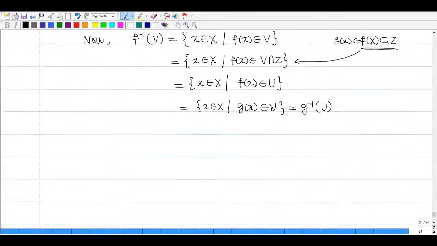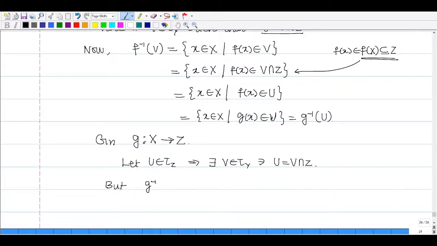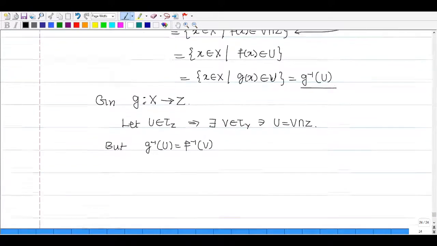அப்போ நான் எல்லாத்தையும் சேர்த்து மொத்தமா எழுதுறேன் பாருங்க. எப்படி எழுதுறேன் அப்படினா, given g is a function from X to Z. Let U belongs to tau Z. This implies that there exists V belongs to tau Y such that this U can be expressed as V intersection with Z. But this g inverse of U which is equal to f inverse of V. இப்படி நான் ப்ரூஃப் பண்ணிருக்கோம். f inverse of V which is equal to g inverse of U னு ப்ரூஃப் பண்ணிருக்கோம். கரெக்ட்டா? Since